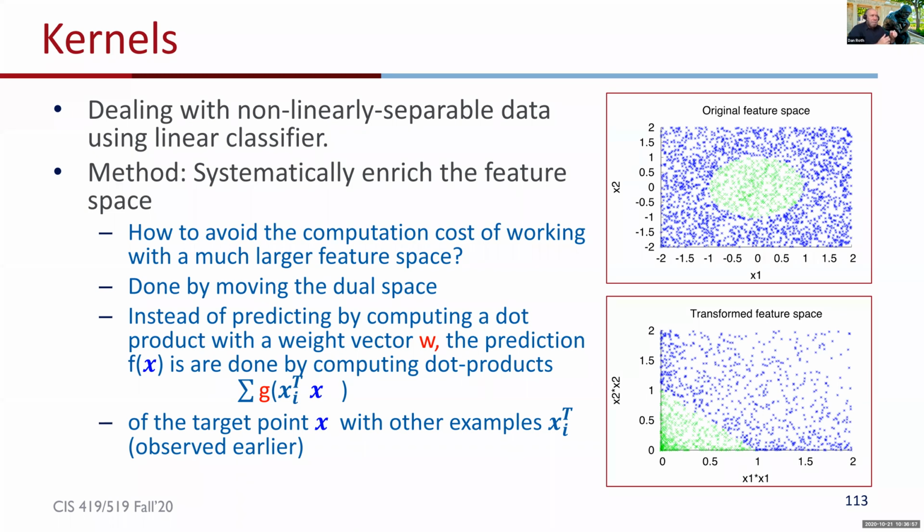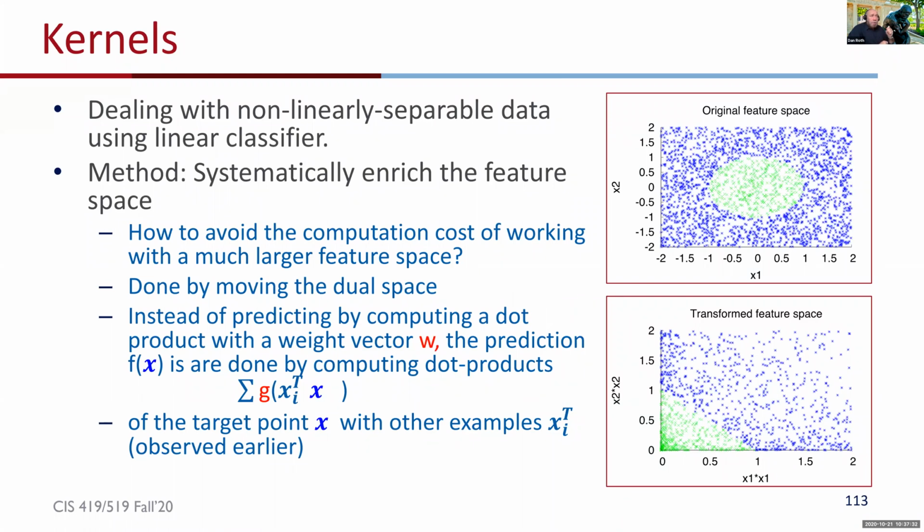But really, in general, that's going to be a huge blow up, a huge computational blow up. How can we avoid this computational cost of working with this large feature space? And this is where the idea of kernels comes in, along with the idea of a dual space. And the key idea of a dual space, which we went over last time and we're going to go over in 3 different ways today, is